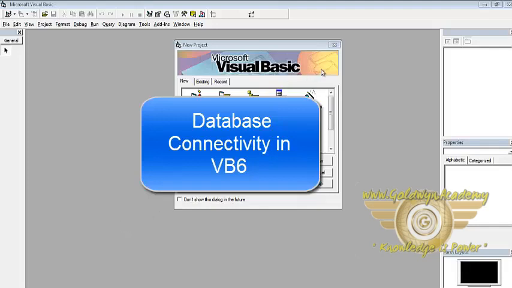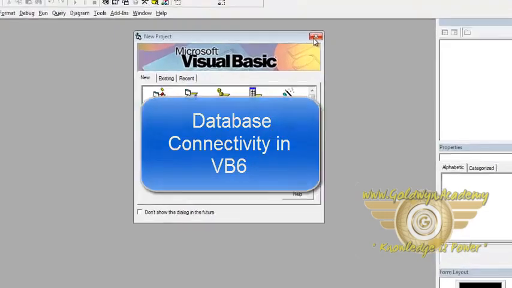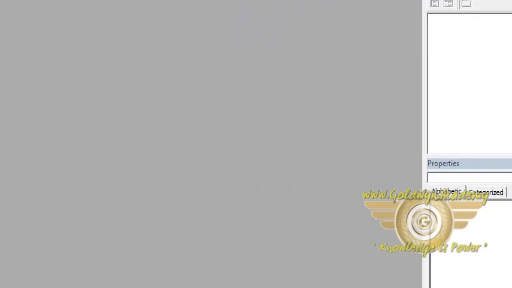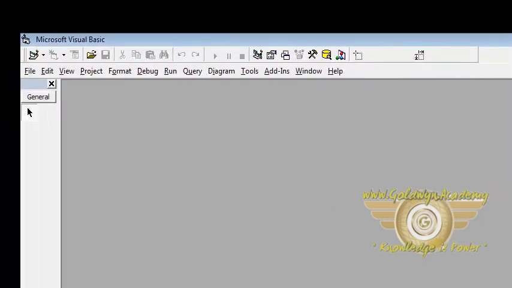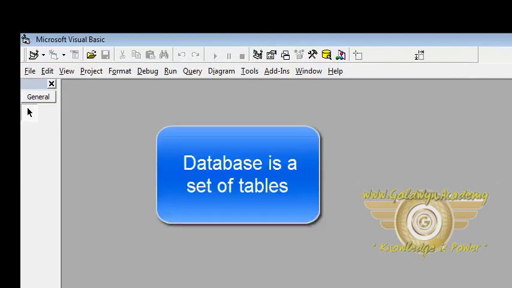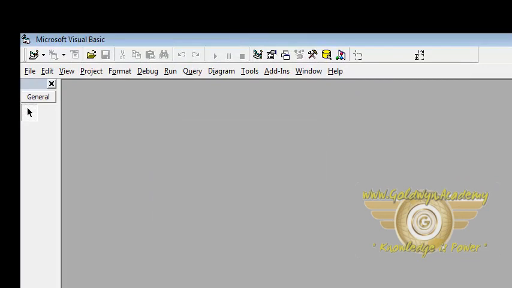Hello friends, in this tutorial we will learn how to create a database in VB6. A database is a set of tables and a table is a set of records. That is, there are a number of rows and columns. So to create a database,